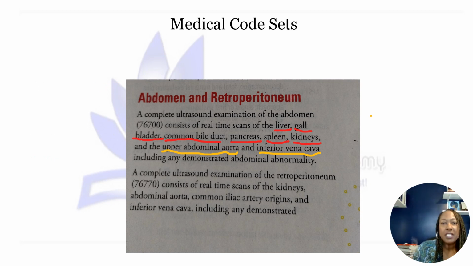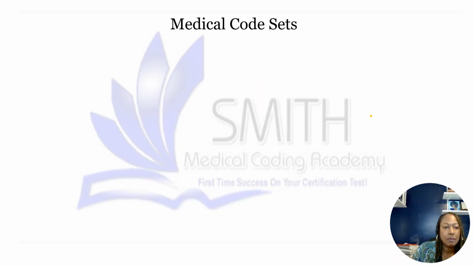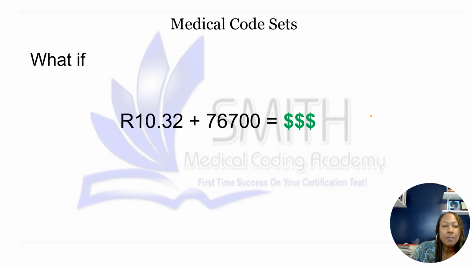If we go to our page of guidelines surrounding ultrasound, you can see the organs are listed here. You have all the organs listed here, including the spleen and kidneys. For some reason, he didn't feel that it was medically necessary to also view the spleen and kidneys, especially if he examined her, touched her, and had a general idea of where the pain was coming from. He had every right not to scan the spleen and the kidneys if it wasn't necessary. Now, having said all that, he can't then go to the insurance company and report